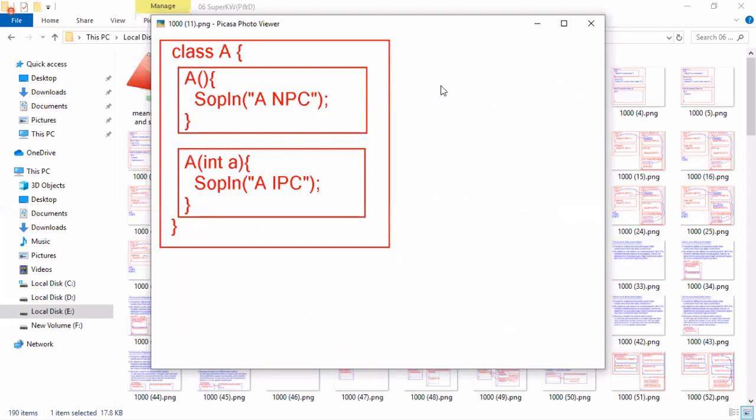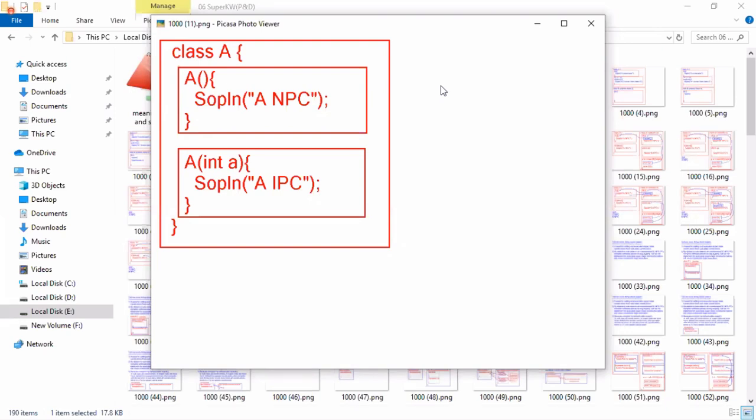Then the A class constructor: super(); System.out.println("A no param constructor"); closed. Then A(int): the first statement is super(), the no-arg constructor. Then System.out.println("A int parameter constructor").